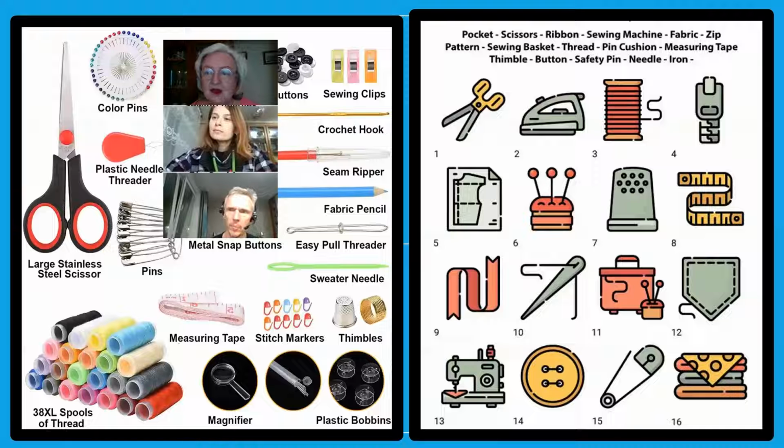Patch, maybe pocket. Pocket. Where you put your things in your trousers, in the pocket. Right, and the next one, Elena. Sewing machine. Yeah, the next one. Button. Button, yes, and the next? It's a safety pin. Safety pin, because normally we put it to save something. And the last one? I don't know, but material.